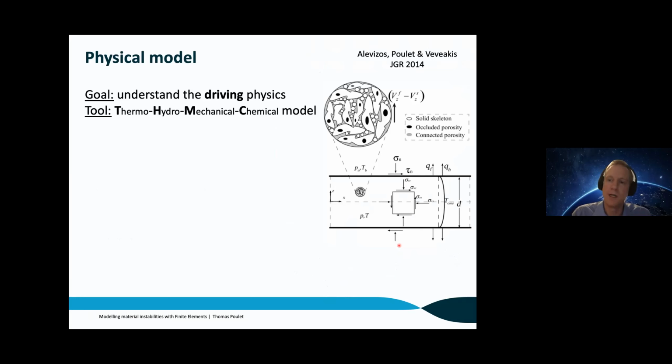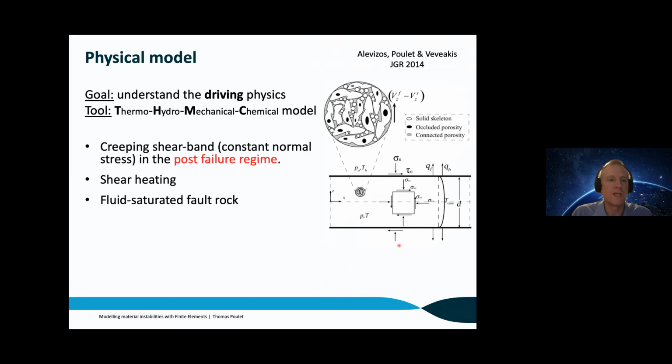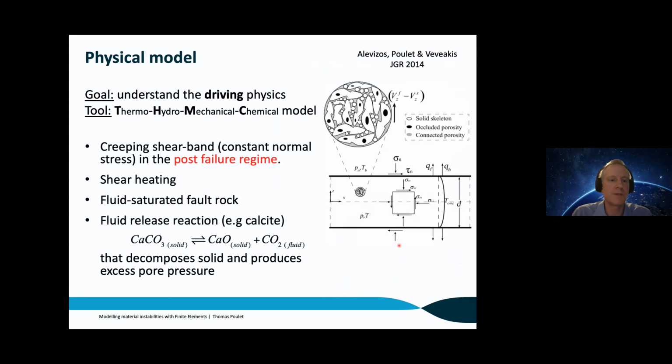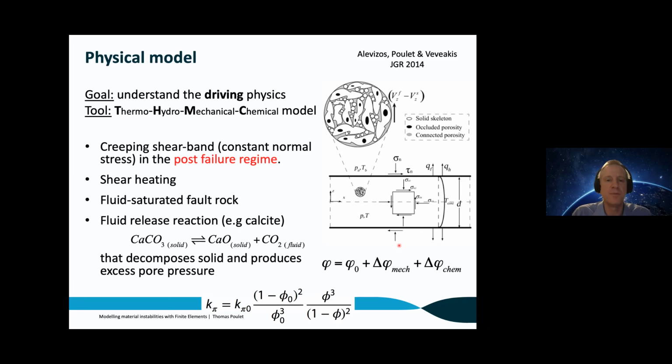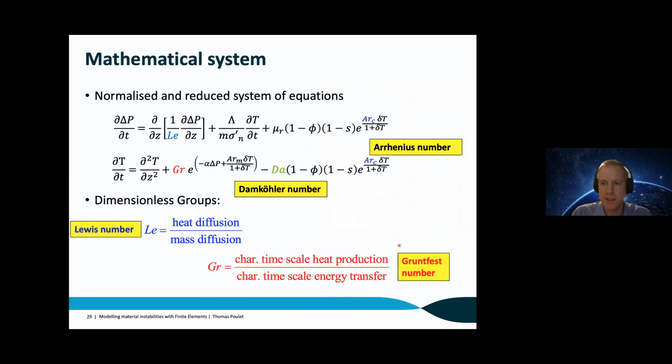The physical model, this is not the purpose of this talk, but just to tell you that it is all about the multiphysics. So you need thermal aspects, hydrological aspects, mechanical and chemical as well. Put all of this together, a bit of shear heating, some fluid saturation. It's all about the chemistry and the fact that it is endothermic decomposition producing some fluids, evolution of porosity and of permeability. Put all of this together, and here's a mathematical model, which is, again, not the purpose today, but just to show you that it can be reduced to evolution of the excess pore pressure, delta P, and the temperature, T. So this is the center of the onion,